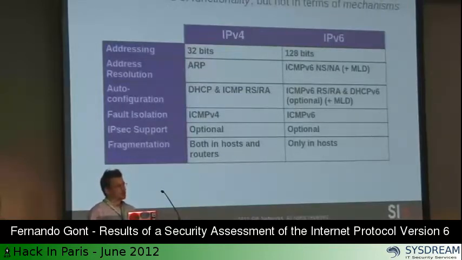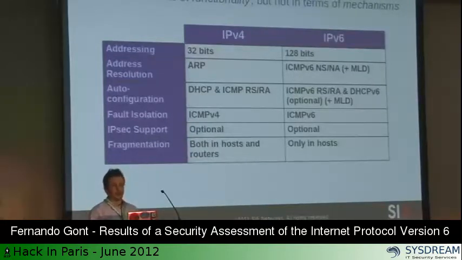And when it comes to other features or categories of the protocol, you have similar functionality but implemented with different mechanisms. For example, for address resolution, in IPv4 you do it with ARP, whereas in IPv6 you do address resolution with ICMP version 6. You don't use ARP packets, you use ICMP version 6. Same functionality, you are doing exactly the same thing, but using a different mechanism, different packets, different protocols.